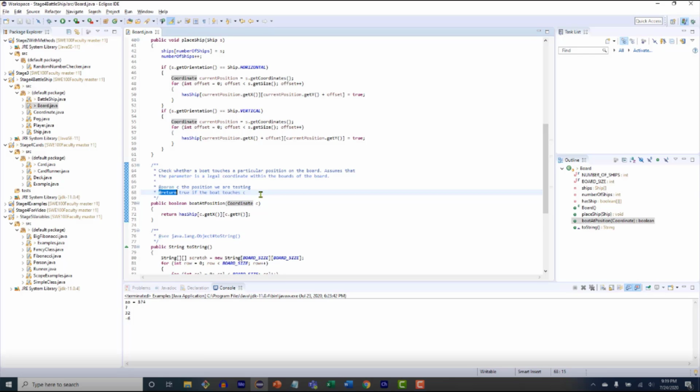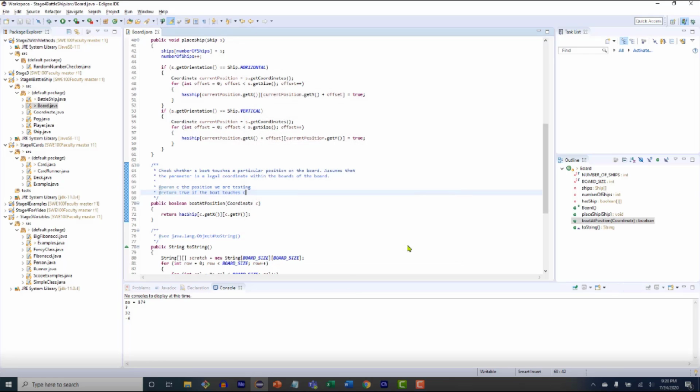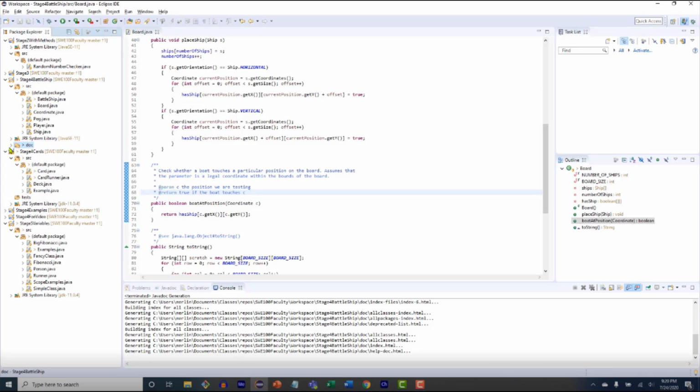Once you have these kinds of comments, it's really easy to generate your Javadoc. You just go to project and say generate Javadoc. I want to do it for this project, this source file, the default package, and I haven't done all of the rest of them. I'm going to show you this particular one, the board class, and say finish. And it does a pile of work, and you see now in my project there is a doc directory,